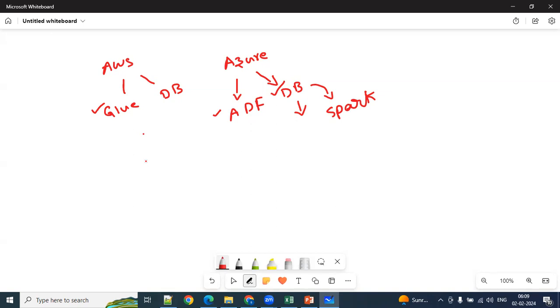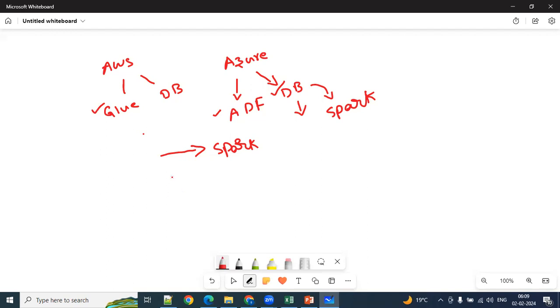The volume of data has increased in the last 10 years. To process that much volume of data, they have to go with Spark. Spark can handle large volumes of data. Spark is mainly meant for big data, for processing a huge volume of data.